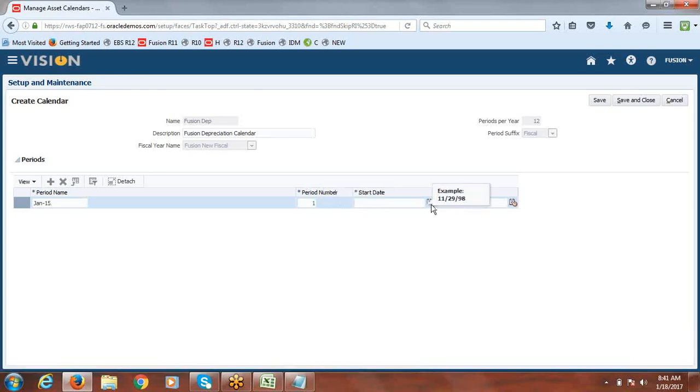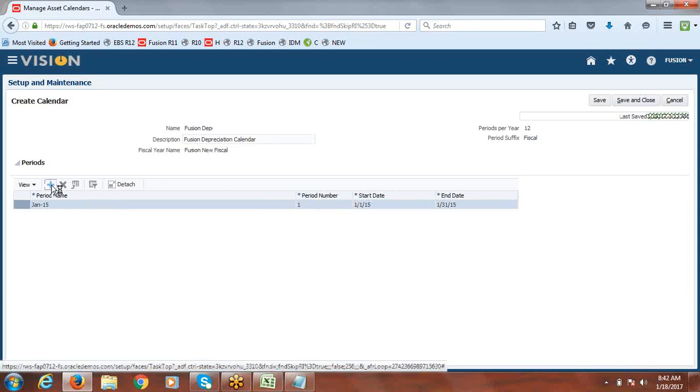This period start and end date: Jan 1st 15, when this period ends, Jan 31st 15. Okay, for this period start date and end date, then save it.